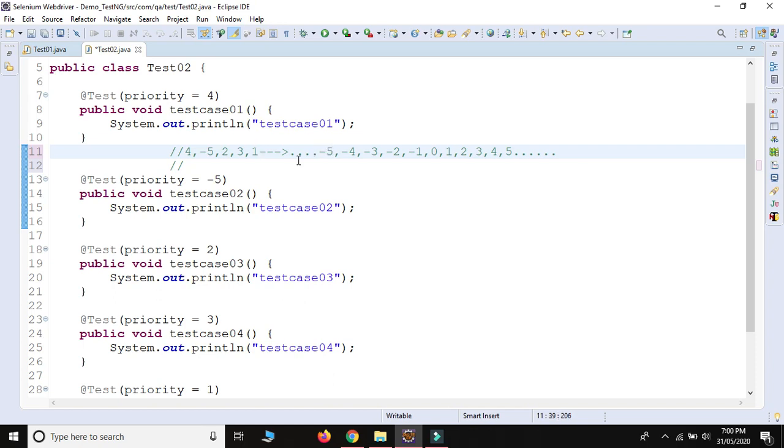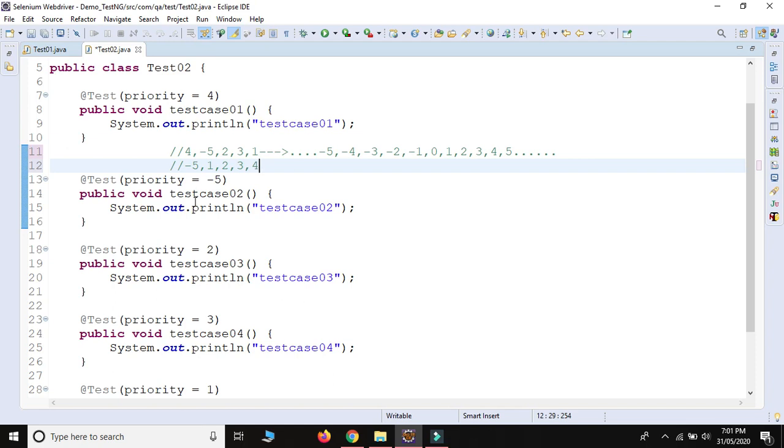So it will take minus 5 first. It will execute the test case whose priority is equal to minus 5. After that, the least number from the remaining is 1, so it will take 1, then 2, then 3, and then 4.